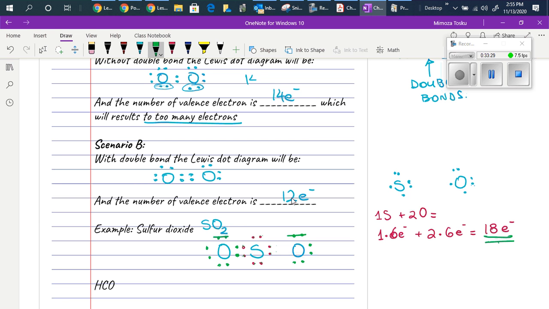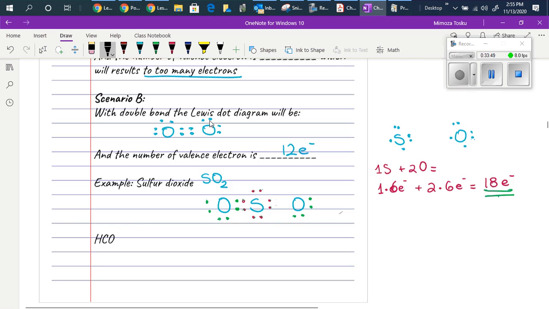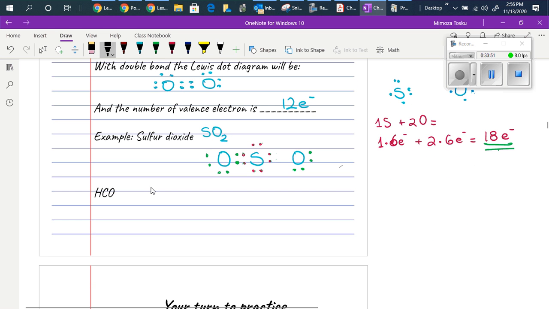The Lewis dot structure will be something like this: on one side, one of the oxygens will be double bonded, and on the other side, the oxygen will be single bonded. Okay, so now let's move to the next example, HCO. Hydrogen has 1 bonding electron, carbon has 4 bonding